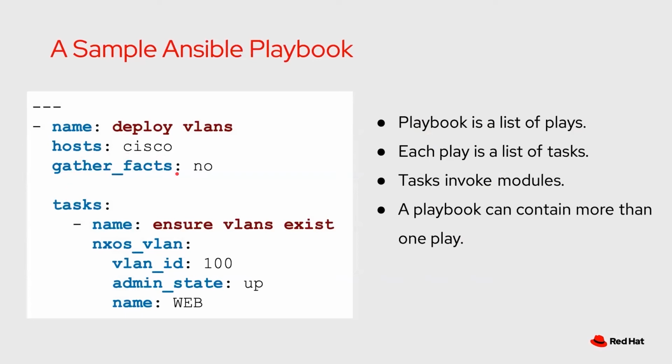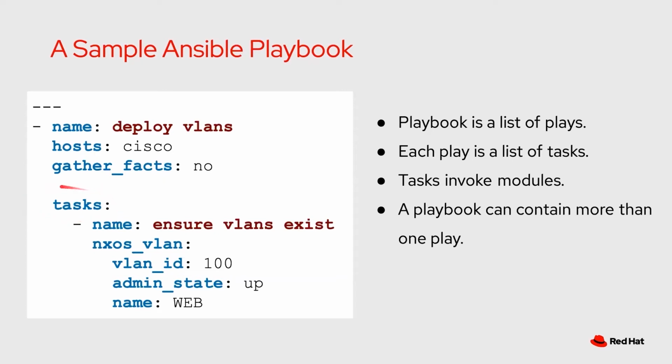Gathering facts is what Ansible calls its management of metadata. So by default, when you execute a playbook, Ansible will collect data about everything you log into. And that means even after the playbook runs, you have data on how many ports are active on your switch. You're going to know what firmware level the switch is, what its utilization is, what IP addresses are attached to it. Ansible collects tons of data. And you can, of course, define your own data you want to collect as well.